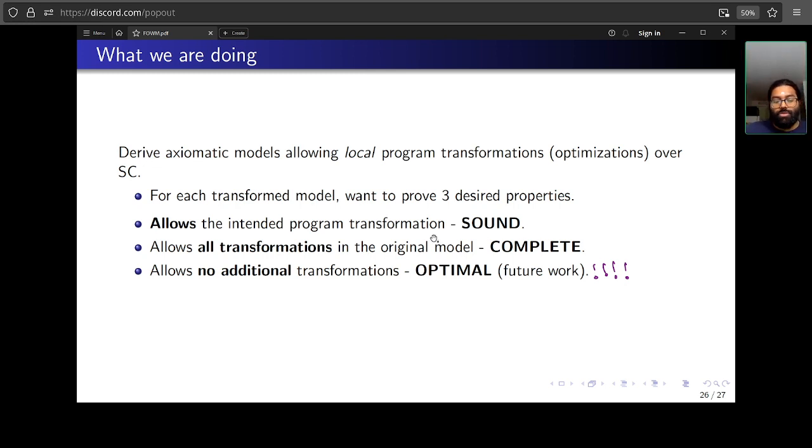I think this is one aspect which is important to know, because let's say we come up tomorrow with models which address the out of thin air problem for some reason, but it certainly would be difficult if I come up with better optimizations as the years go by, but then it's not safe in the models which I have, which address other problems. So I think having this property is something useful.